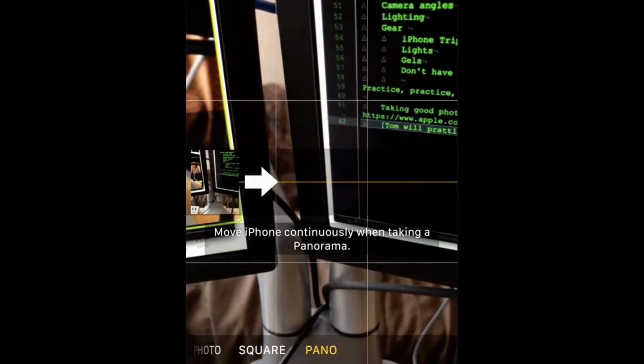Right. Panorama is a fun one, especially when you've got something really big, like when you're standing on top of a cliff or something and you want to get that whole sky. You can do some really fun stuff with that. You can also, I learned, record a panorama vertically. So you have to flip your camera and then pan slowly upwards. It takes a bit of doing, but you can do it, which makes for fun pictures of feet and the sky. Okay. We've had a lot of fun with panorama in our living room.